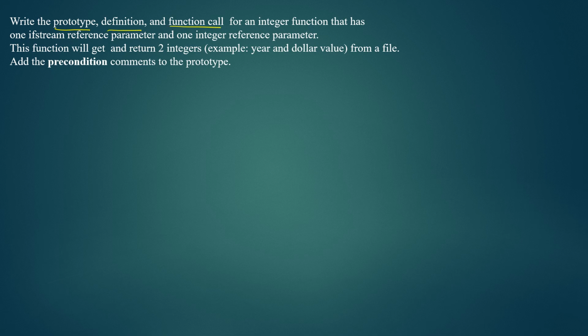function call for an integer function that has one IF stream reference parameter, one integer reference parameter, and it's an integer function. That means it returns an integer. All right, so let's just first do the prototype. So if you're going to do the prototype for this function,